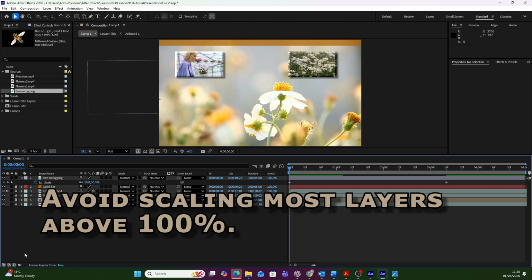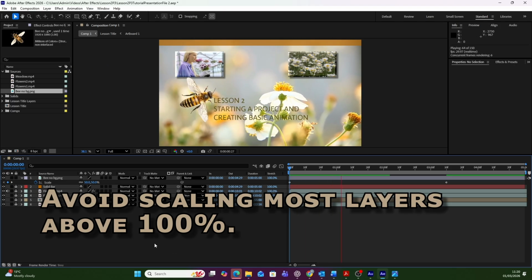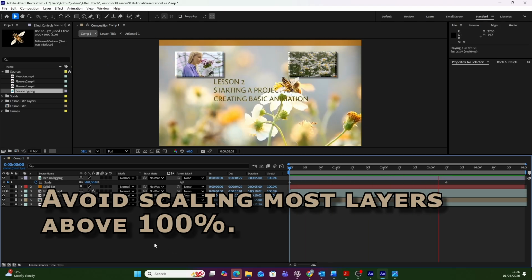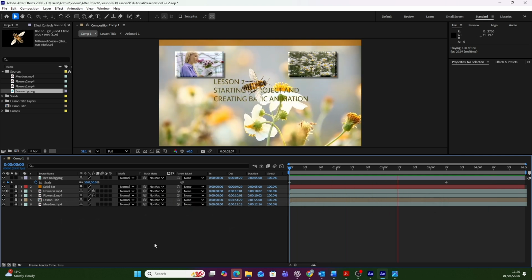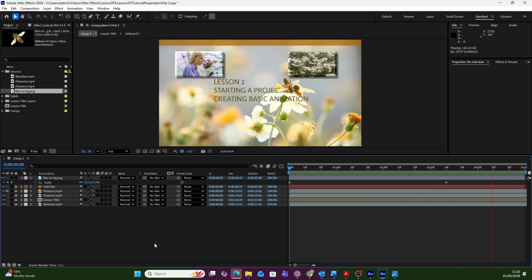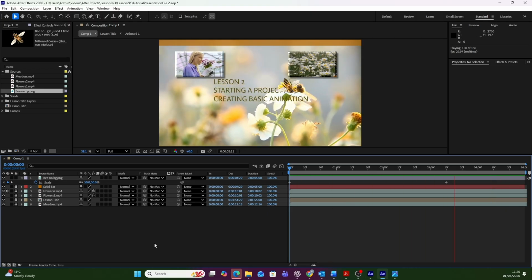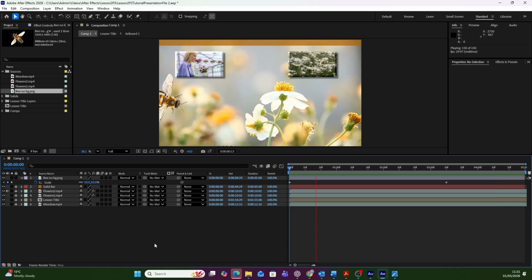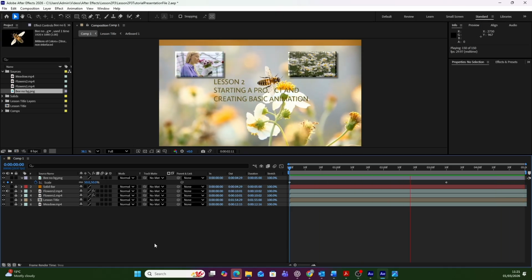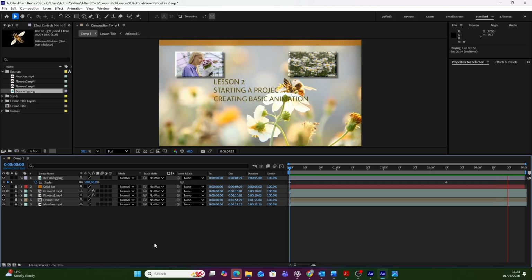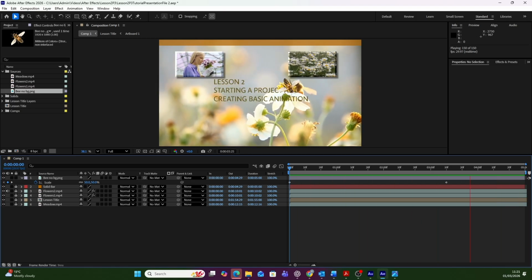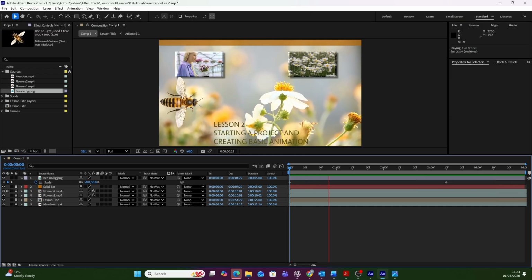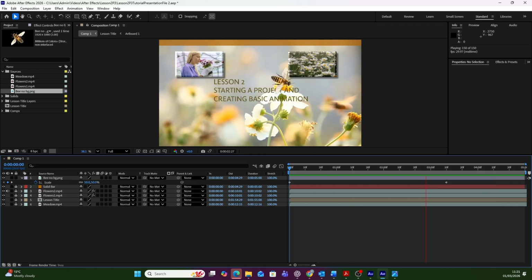Important note: avoid scaling most layers above 100%. Increasing beyond 100% can reduce image quality and cause softness. If the bee becomes too large and partially visible on the left side, simply move it further off screen. Preview the animation. Now the bee not only moves across the screen, it also changes size, creating a stronger sense